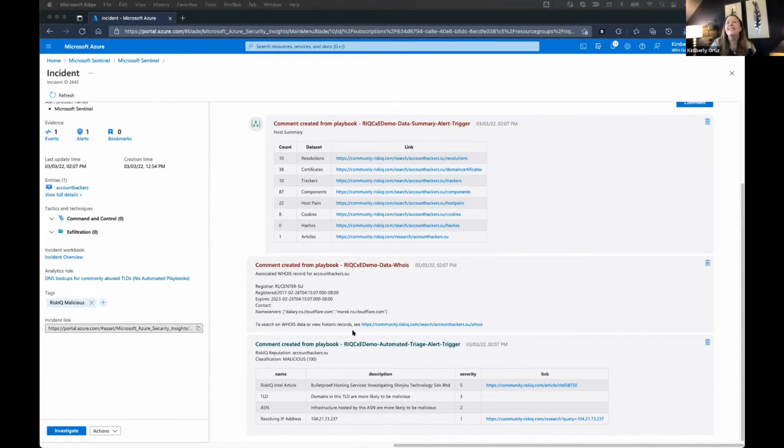Okay. Next, we have the results from the WHOIS data that returned. So if it ends up playing out that we do have some malicious activity on our network, this can potentially give us some insight into the specific TTPs that this threat actor might use. So like specifically, I can see here that this domain is registered with a Russian registrar. This is just something that I might file away for reference down the road, maybe if I'm building out a profile of my actor or something of that nature.